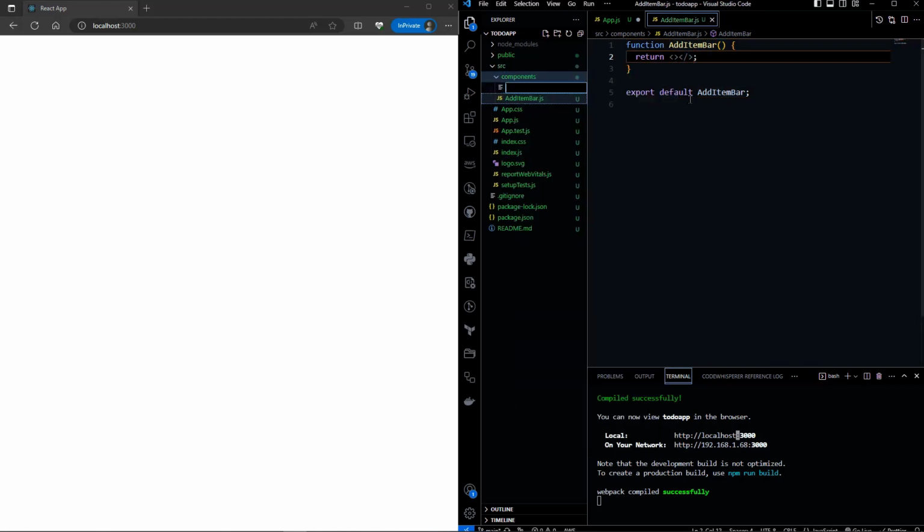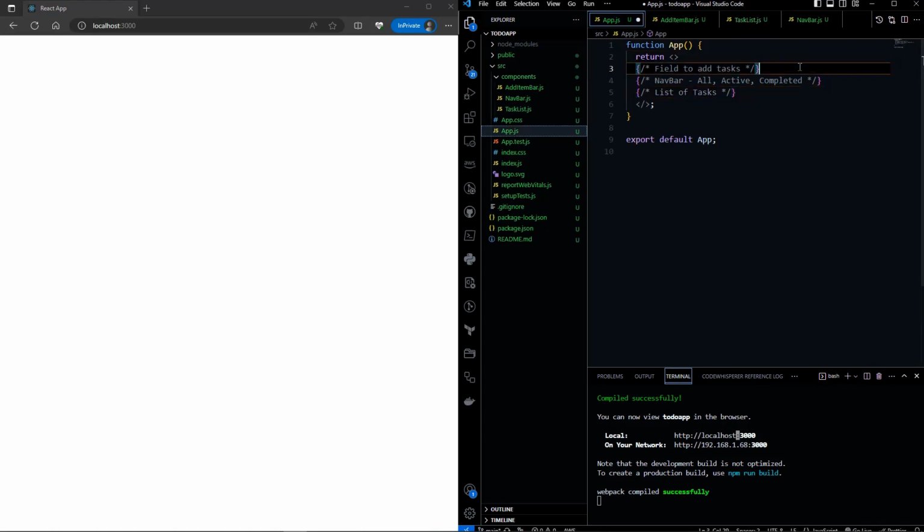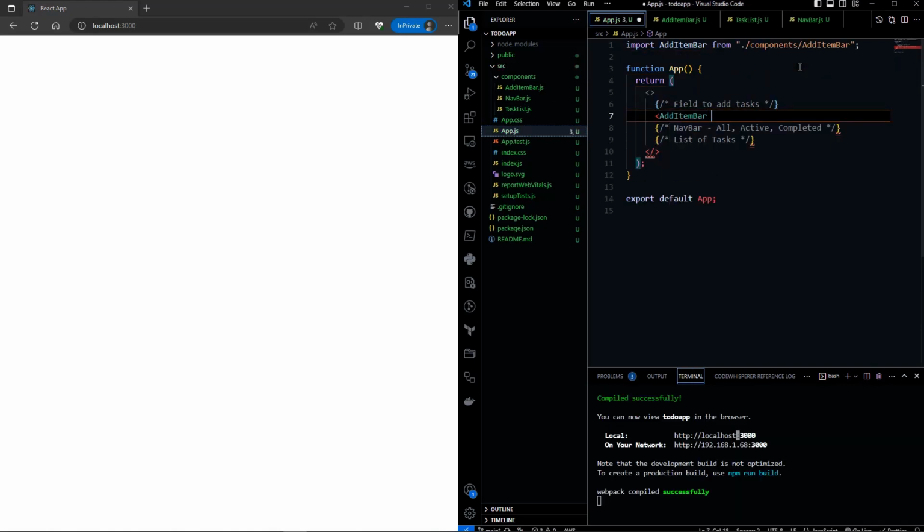Have another component called NavBar, and one more component called TaskList. Now let's import each of these components in.